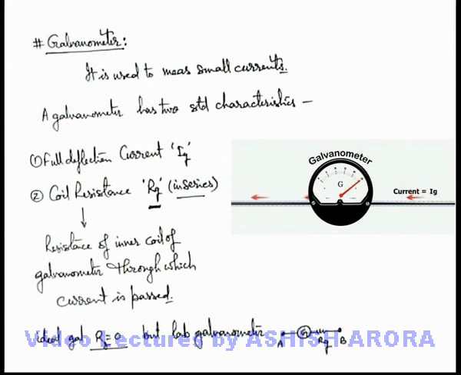And now this picture shows a unidirectional galvanometer in which the needle is kept at the extreme left end of the galvanometer, which is the 0 of its scale. But in such galvanometers we can see the range is more, but we cannot measure the direction. It will measure current only when it flows from left side to right side. Whereas in bidirectional galvanometer we can measure current as well as direction, but the range of a bidirectional galvanometer is half of the range of unidirectional galvanometer.